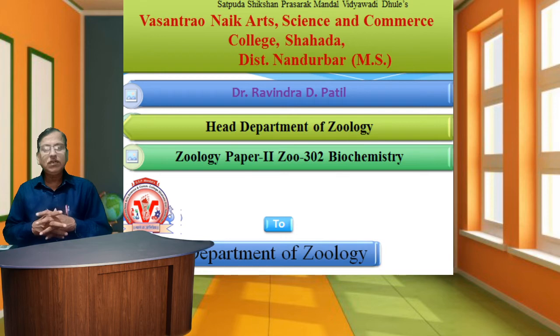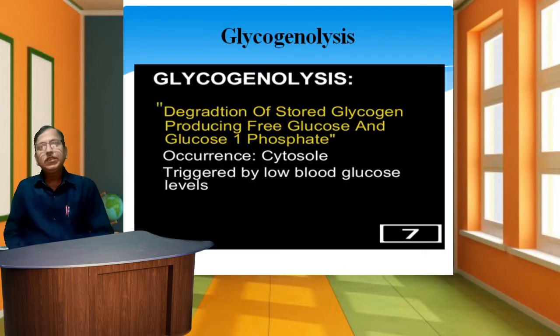The definition of glycogenolysis: the degradation of stored glycogen in liver and muscle constitutes glycogenolysis. The pathways for the synthesis and degradation of glycogen are not reversible, and an independent set of enzymes present in the cytosol carry out glycogenolysis. Glycogen is degraded by breaking alpha-1,4 and alpha-1,6 glycosidic bonds. So this process of glycogenolysis is completed in a simple way.